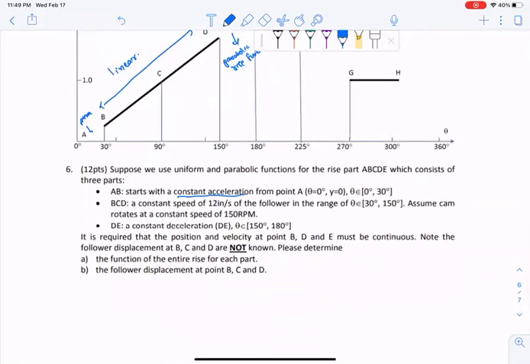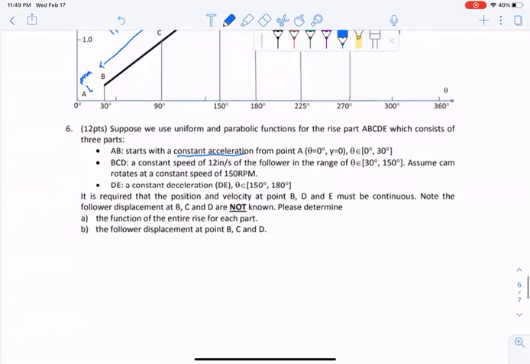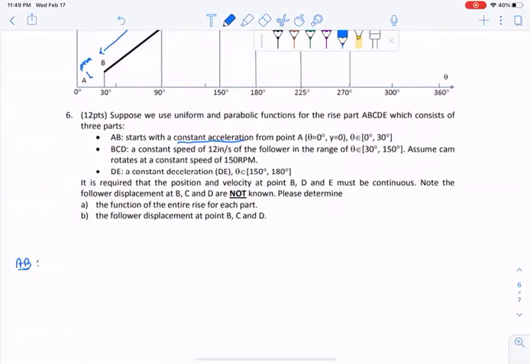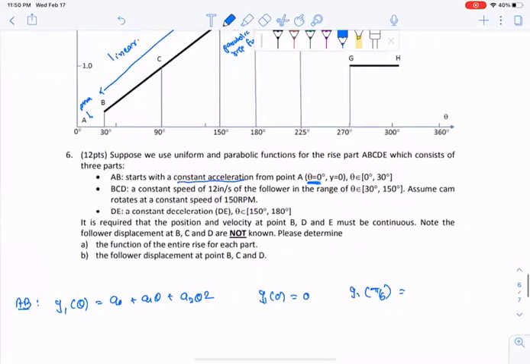Once we have figured this out, we just have to follow the process. We have to write the function and we have to write the boundary conditions. So let me start with A to B, where I have a parabolic function: y1(theta) is equal to a0 plus a1 theta plus a2 theta square. Now let me write the boundary conditions. Y1 of 0 is 0, which is given. Y1 of 30 degrees, that is pi by 6,